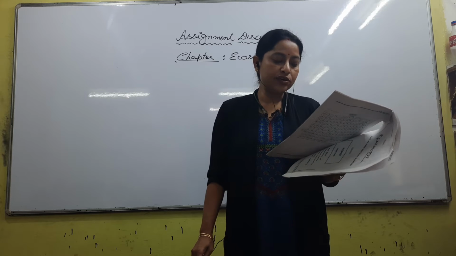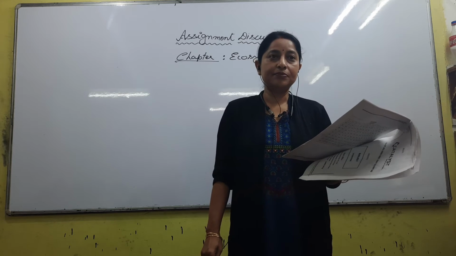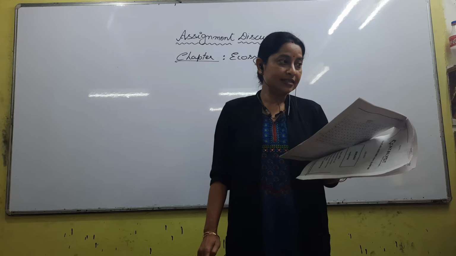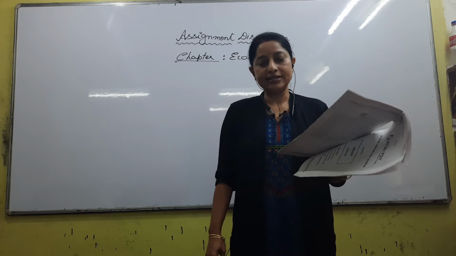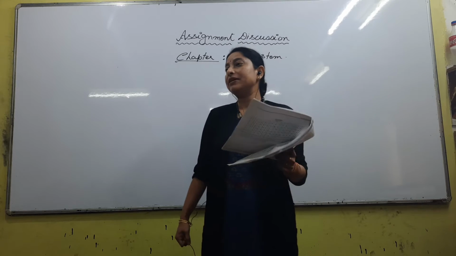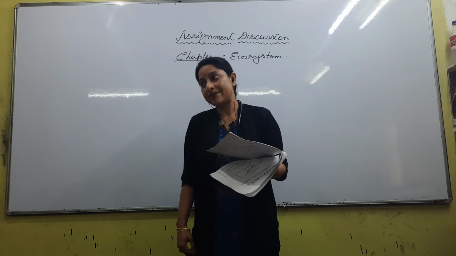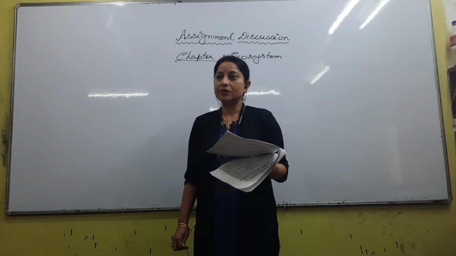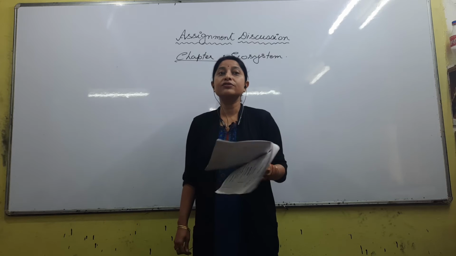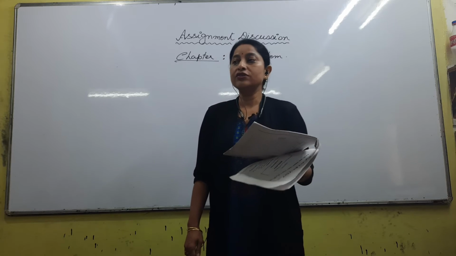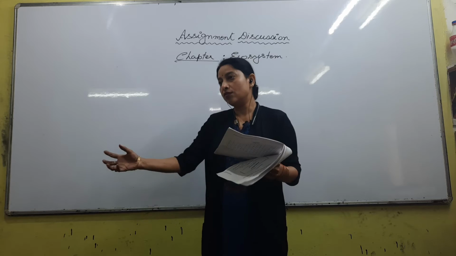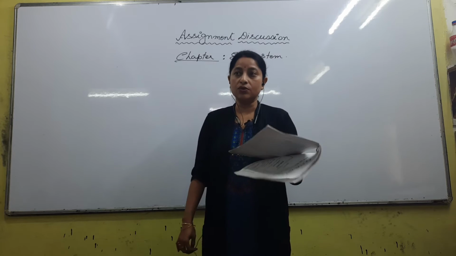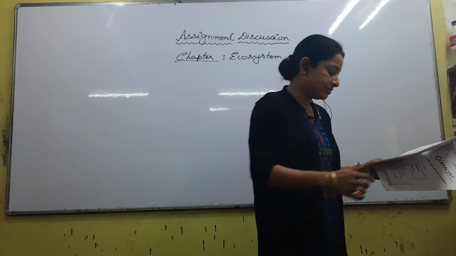57. Plants with higher osmotic pressure of cell sap: is it hydrophyte, halophyte or mesophyte? First, cell sap is the sap inside the vacuole. Higher osmotic pressure means what? OP is high means solutes are more, right? Halophytes, because along with the water they will take in the salt also. So the answer would be halophytes.